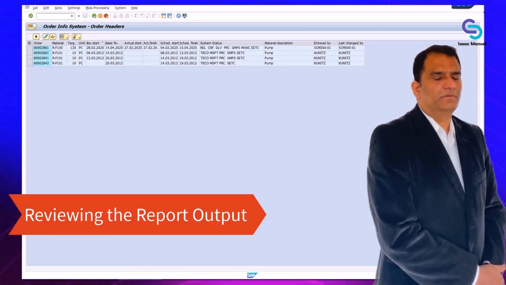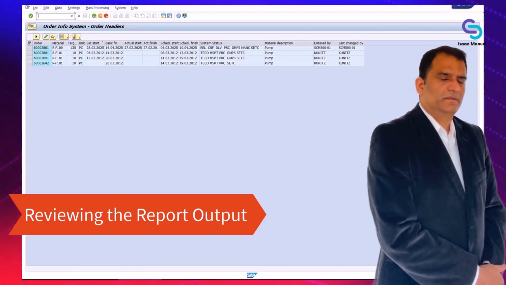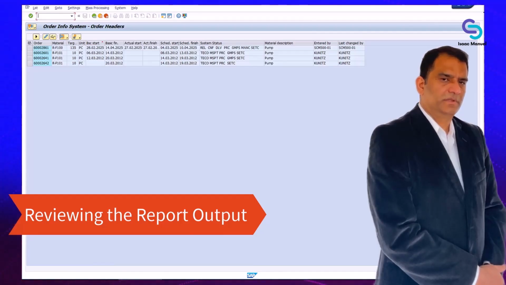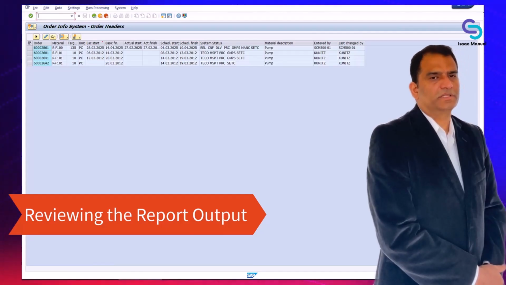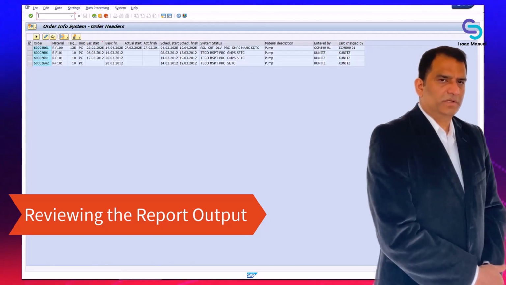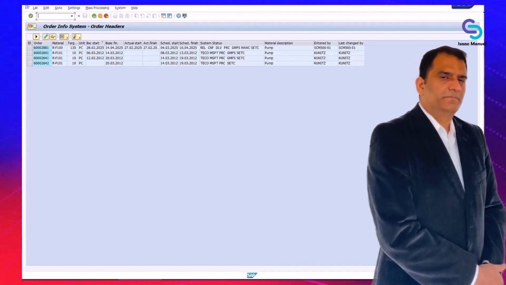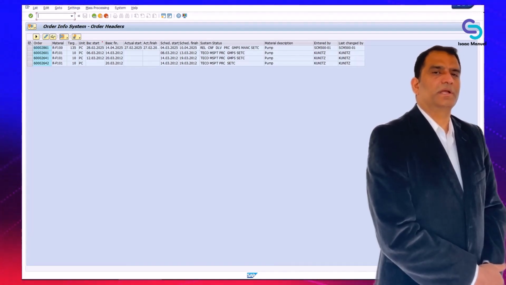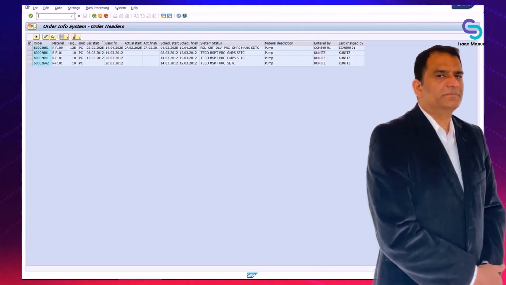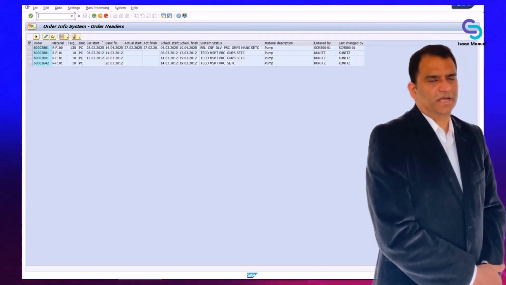Take time to carefully review the results. Look through the list of completed production orders within the material range you specified. Verify important fields like order status, completion dates, and quantities produced. This helps ensure that production orders are progressing as expected and that any delays or quantity discrepancies can be identified